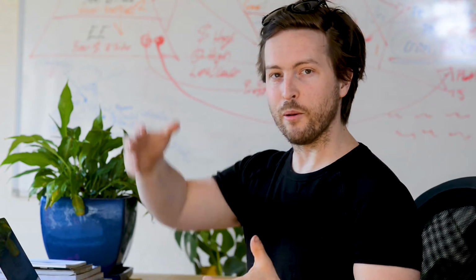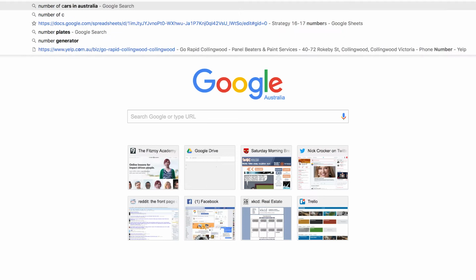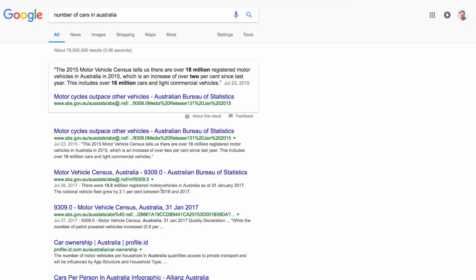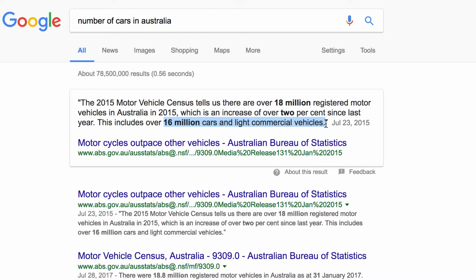So let's look at that from the top-down perspective. I'm just going to Google the number of cars in Australia. So here we can see there are 18 million registered motor vehicles in 2015, an increase of 2% since last year. So we know that there are more cars on the road. Let's say we only convert light cars and commercial vehicles, 16 million. If we were to convert all of these, every single one, over to electric, that would be 16 million times 2,000,